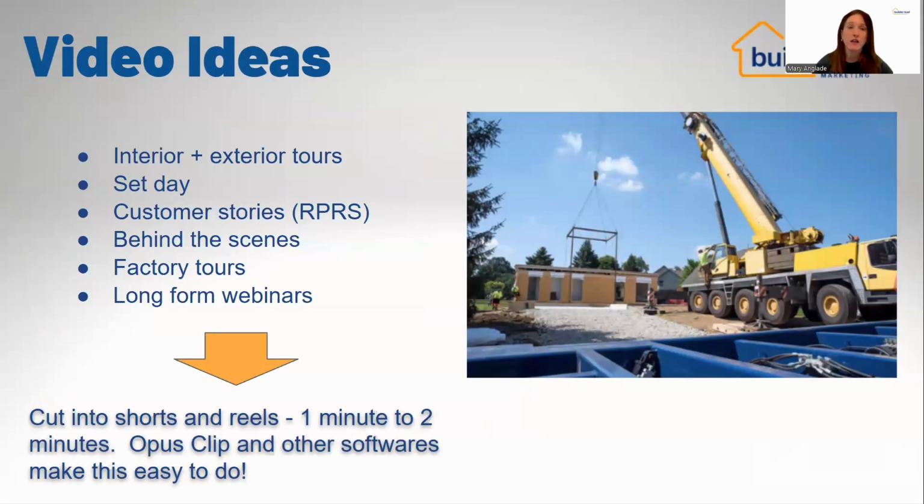What are the ideas for video? I mean, you have interior and exterior tours, set day if you're modular, customer stories. Everyone loves real people, real stories. They want to hear somebody like themselves, growing family, needed to move, and then, oh, look at my gorgeous new home. I'm so happy. Behind the scenes, even inside your office, model home, factory tours, webinars like the one I'm